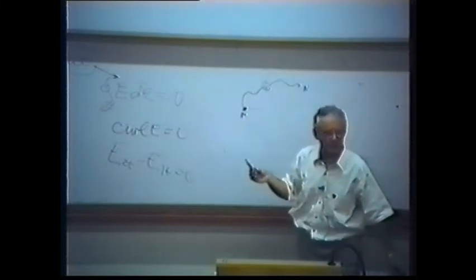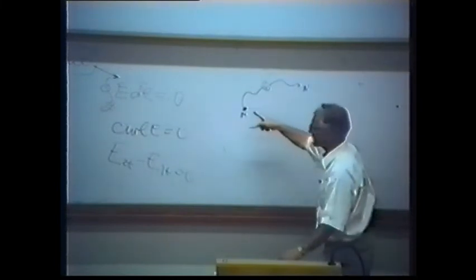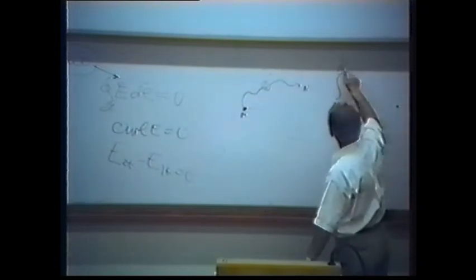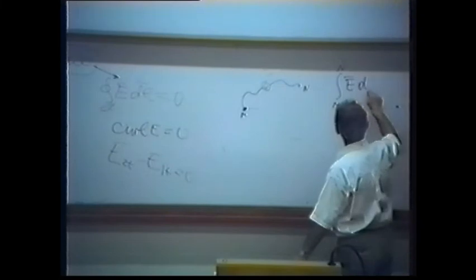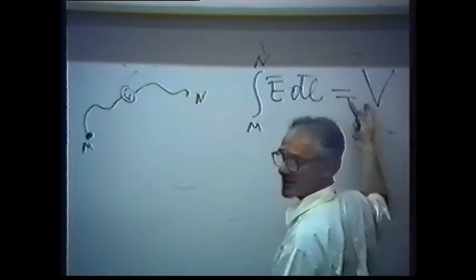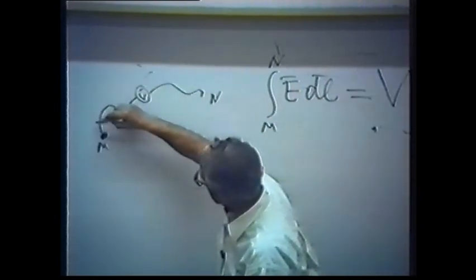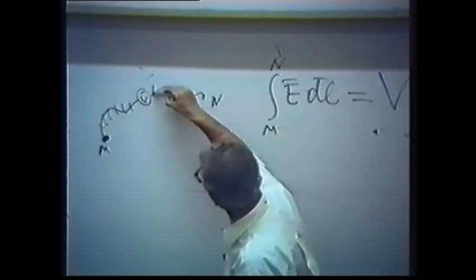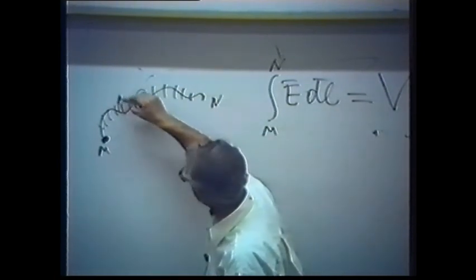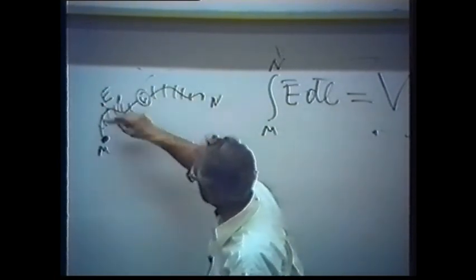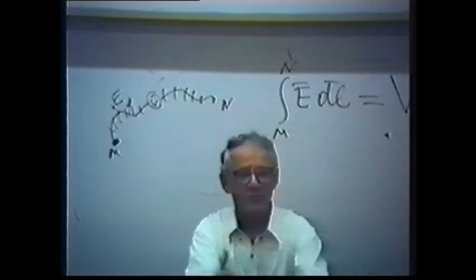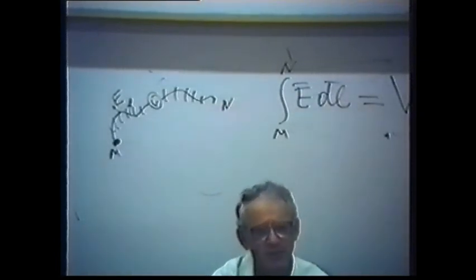We have agreement already. Voltage between points M and N: the integral of E dl. Again, let me repeat. That's what the voltmeter indicates. The voltmeter mentally divides the wire into many pieces, takes the dot product of the electrical field times the length of the wire piece, with the angle, performs summation, and that's what the voltmeter gives you.